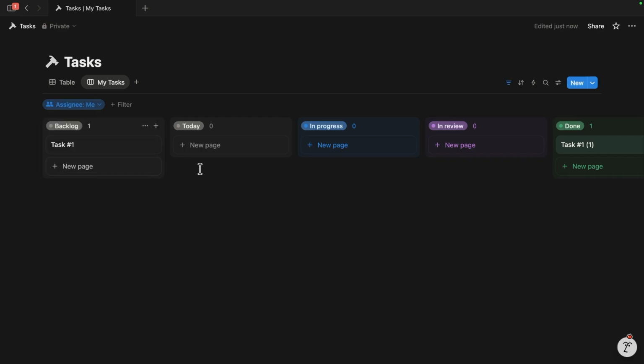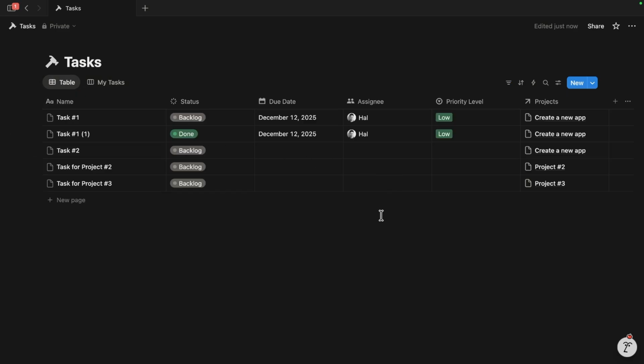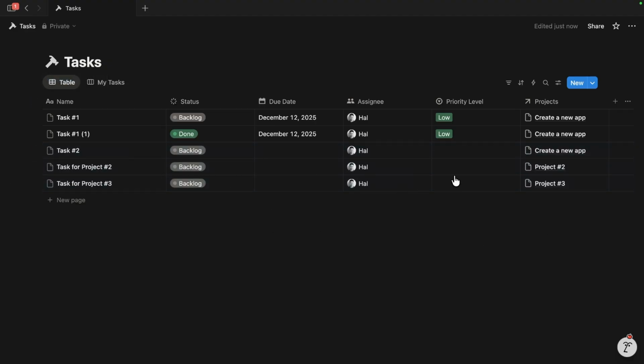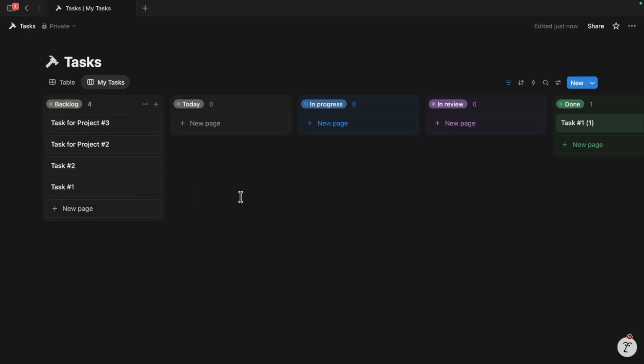But I can first filter it to just the tasks that are assigned to me. And you'll notice that it's been filtered down to a smaller subset. And that's because not all of these tickets have an assignee set to myself. So I'm just going to make sure that all of these have an assignee. Just click on the checkboxes on the left-hand side and click assignee, and then you can edit multiple rows at the same time with that view. And back in my Kanban view, I'm going to add another filter here